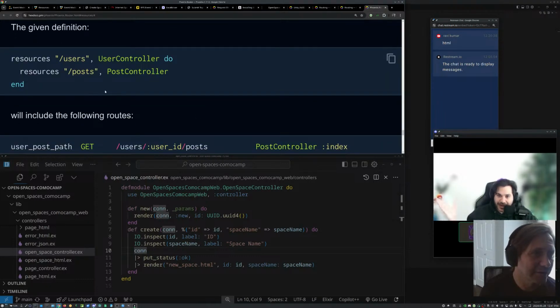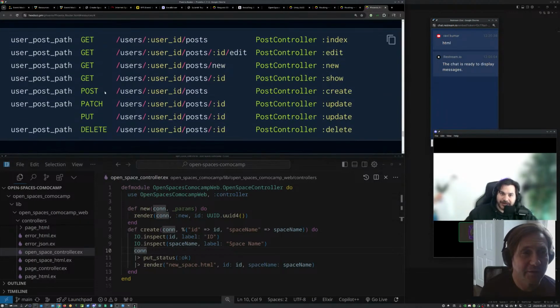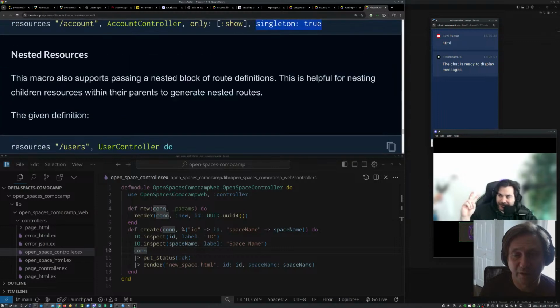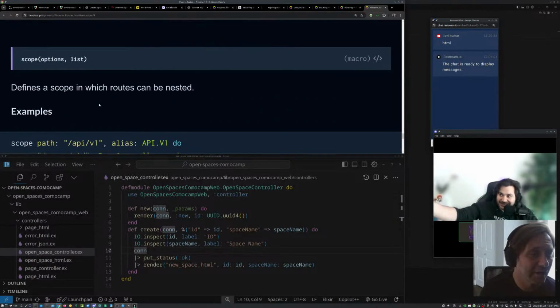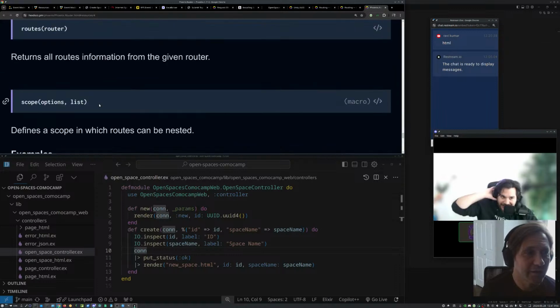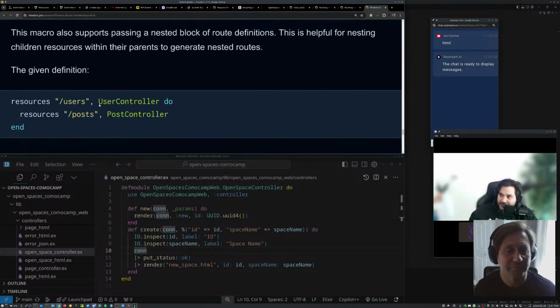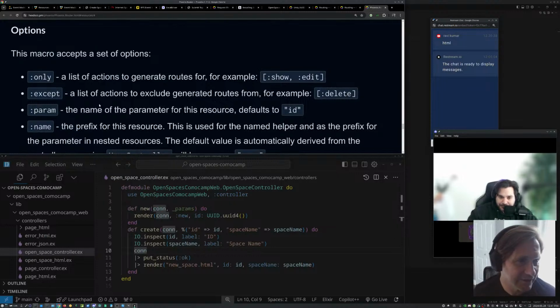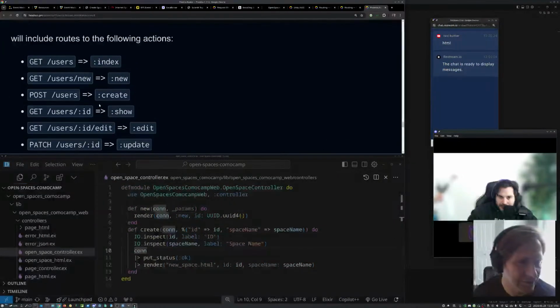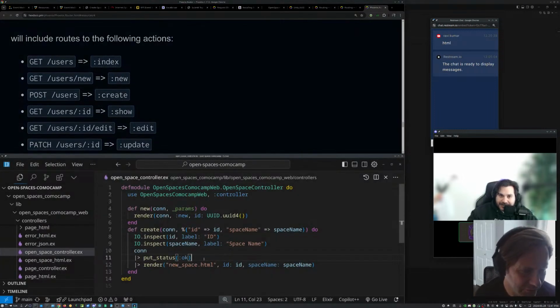That will remove the ID from the route. Technically it's a singleton, so we don't have an ID, which is more or less what you want. That is explaining how to do nested stuff. Like I say, if you read the docs, you're going to find all the answers. I know, I really learn faster by doing than reading docs. It's good to read them, but so let's do that.